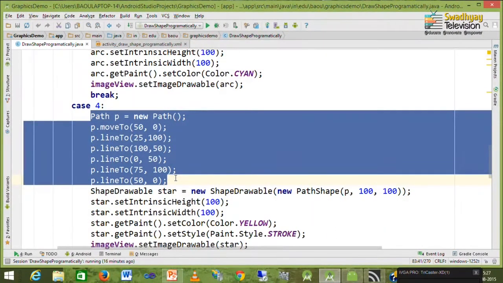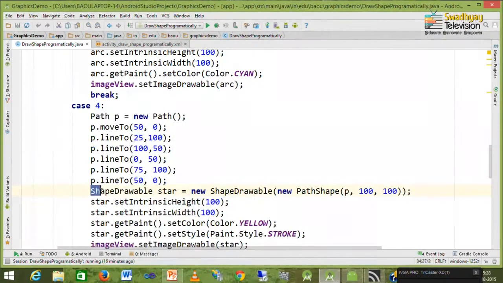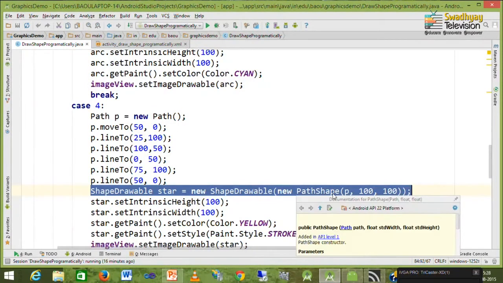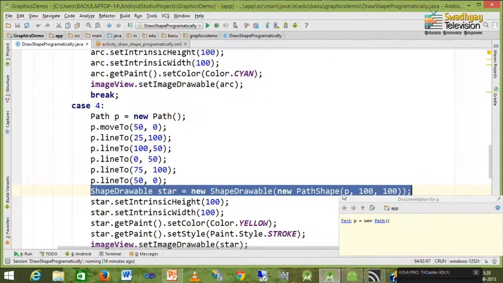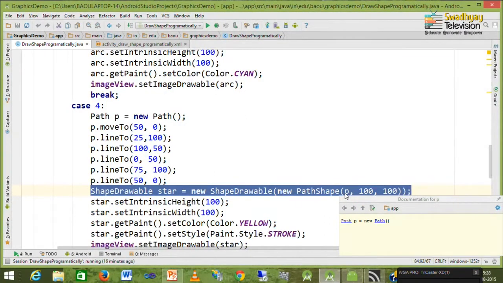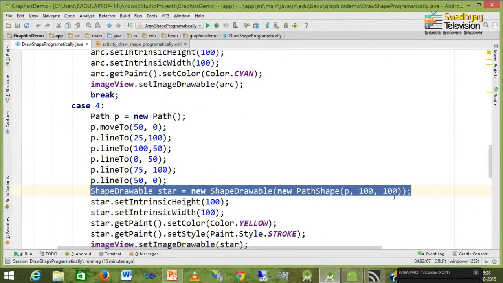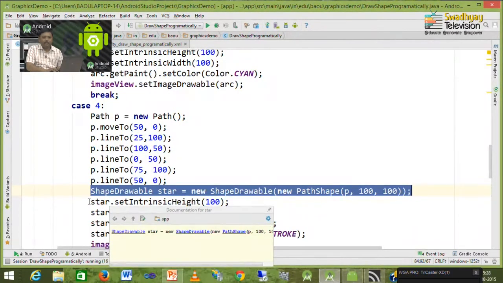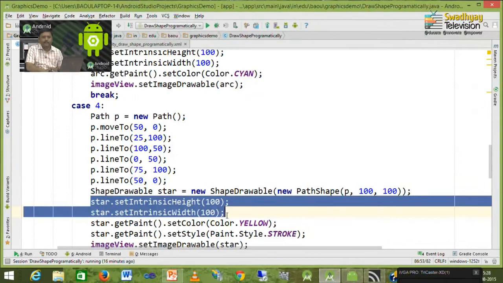Next, we created one shape drawable object, and inside these I create new path shape object, and for drawing this path shape I use this path p, and these 100, 100 specifies width and height for our path. So, next two lines specifies width and height for this star drawable object.